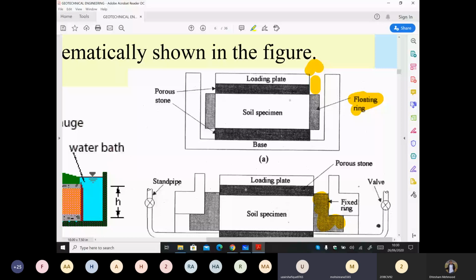Okay, you can do that, but the name is just to differentiate between them basically by drainage. This is most important because we know that drainage can occur only in the case of this fixed ring apparatus. So if your apparatus has the drainage valve at the bottom, that means it's a fixed ring, and if it does not, you can easily say that it's a floating ring, regardless of whether there is support on top or not. Okay? Okay, sir. Thank you.